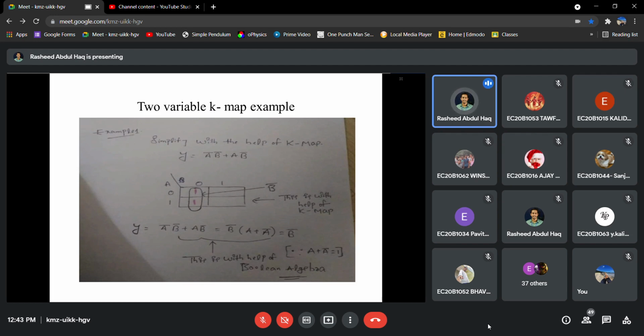So did anyone get the truth table? Yes, sir. Don't be lazy in writing the truth table. Without writing the truth table, you can't do anything. Anything in digital, you need a truth table for everything. Is there anyone who doesn't know what a truth table is? So what is the answer here? What's the truth table here?